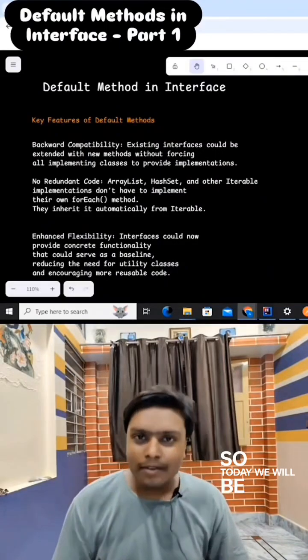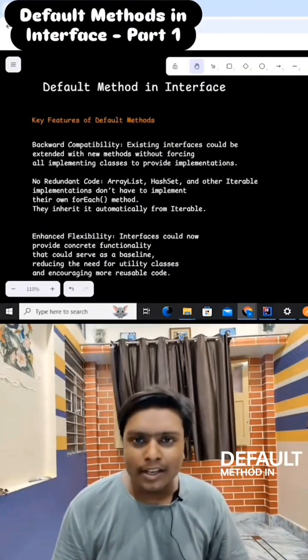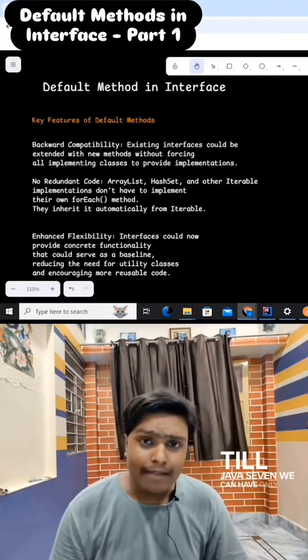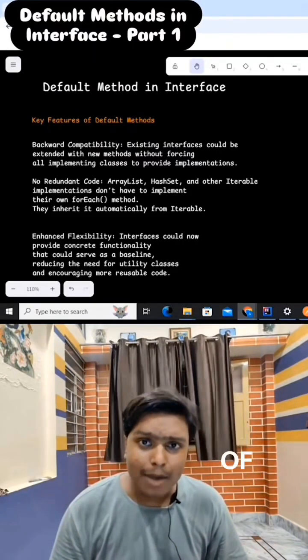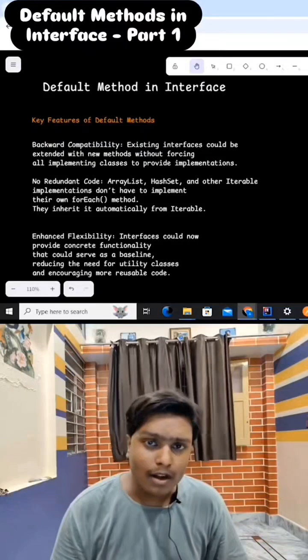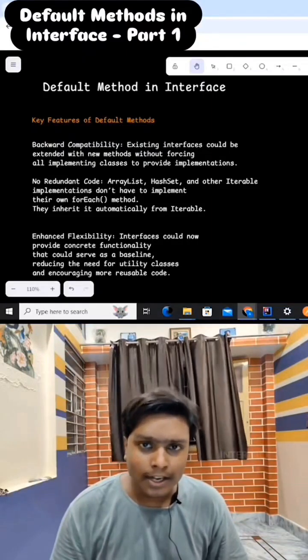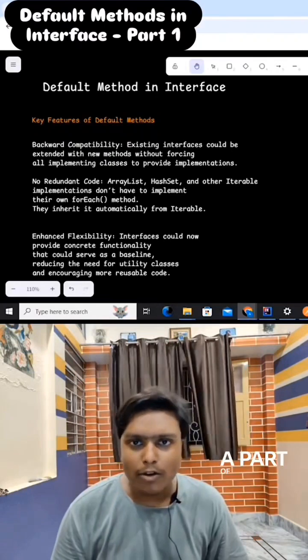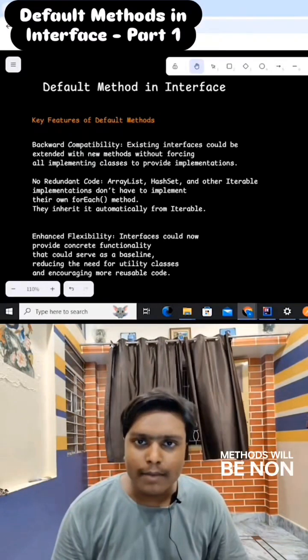So today we will be talking about default method in interface. Till Java 7 we can have only abstract methods as a part of interfaces. We cannot write non-abstract method within the interface, right? From Java 8 we can also keep default methods as a part of interface, and those methods will be non-abstract